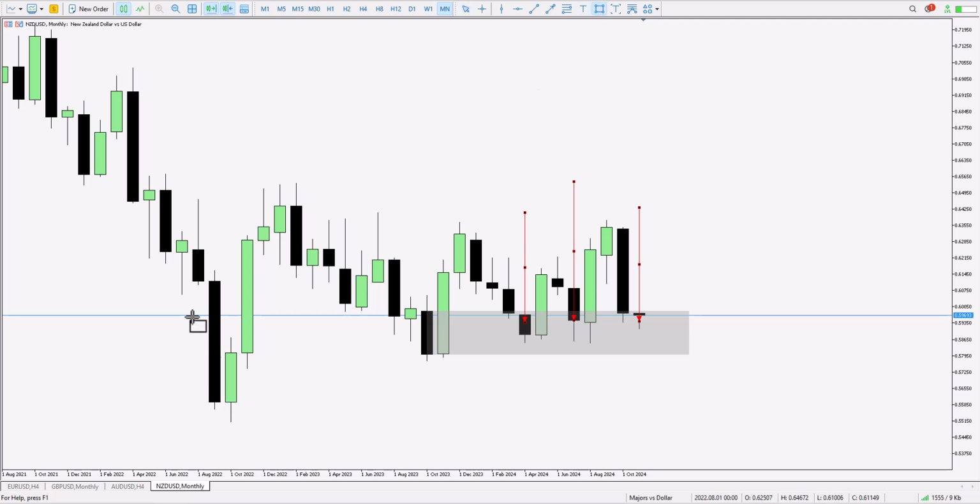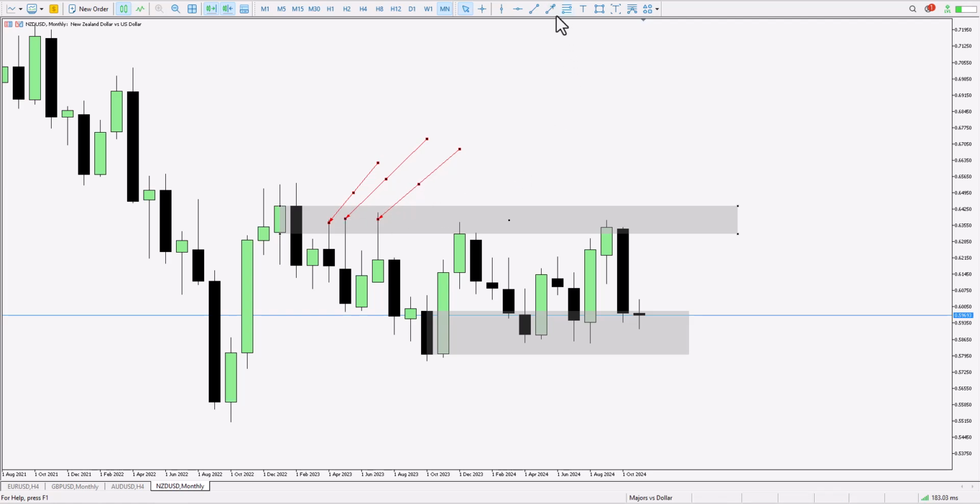This is not demand, you see, because we don't have a bullish engulfing right there. We've got this supply zone right there, right? That's a supply zone. And you can see how price has been finding resistance inside the supply zone, meaning it wasn't pushing any further going to the upside. 1, 2,